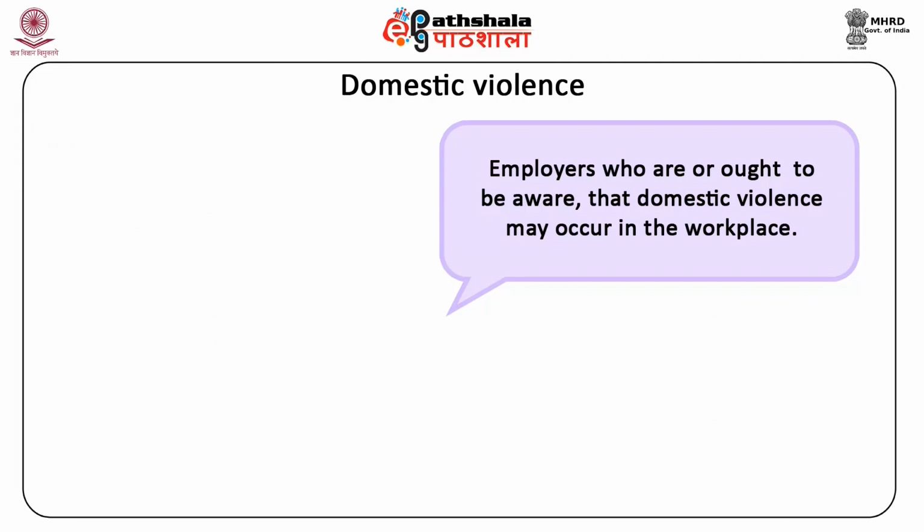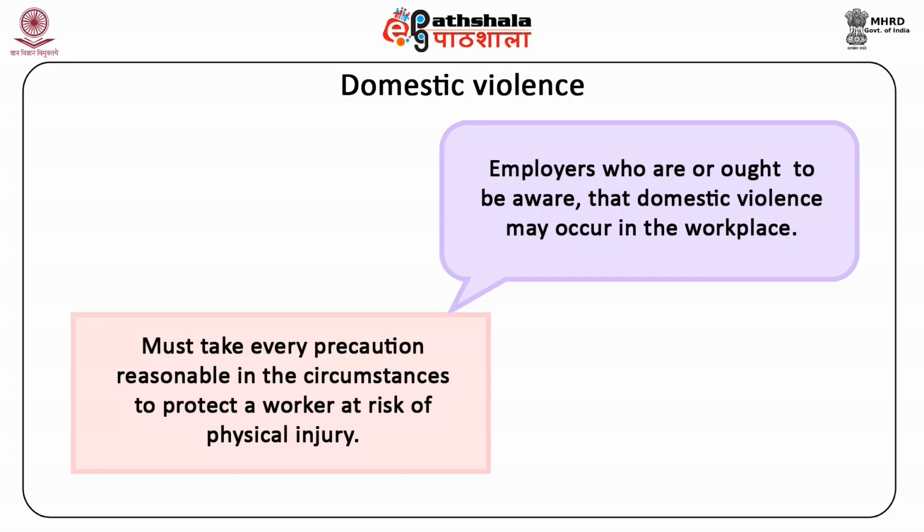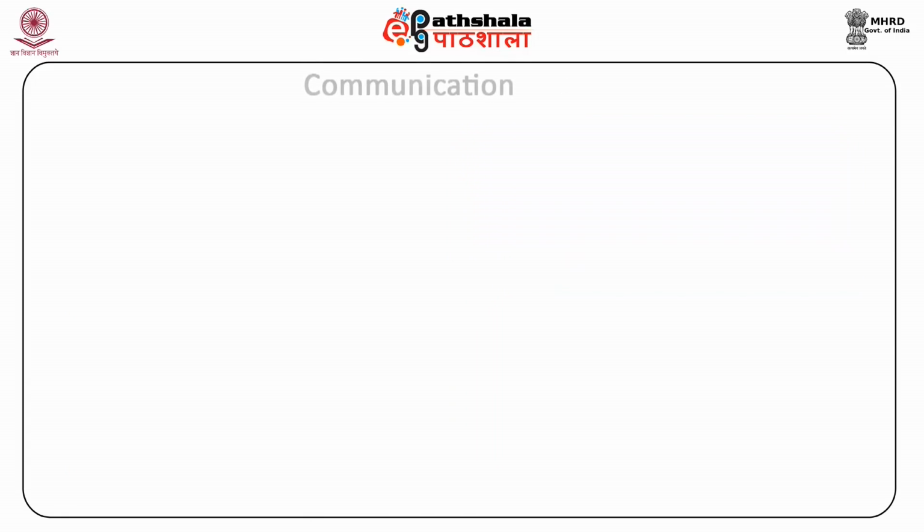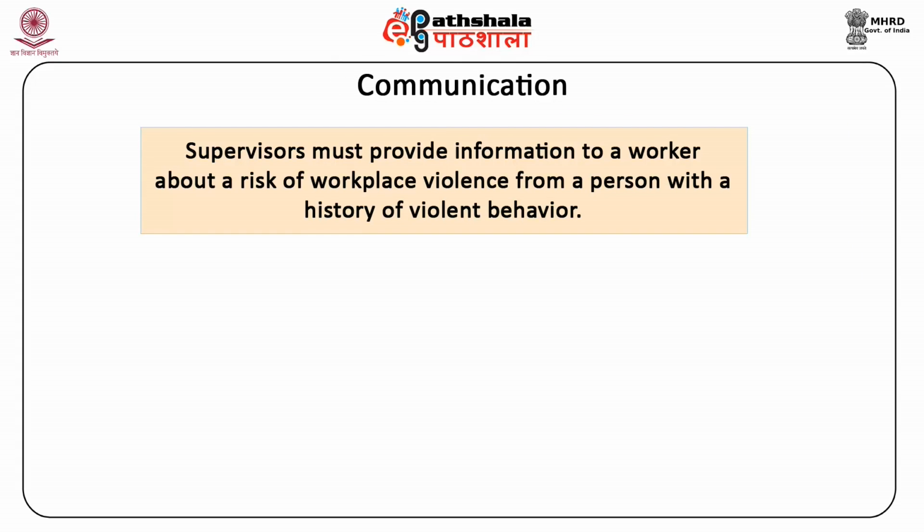Employers who are aware or ought reasonably to be aware that domestic violence may occur in the workplace must take every precaution reasonable in the circumstances to protect a worker at risk of physical injury. Communication. Employers and supervisors must provide information to a worker